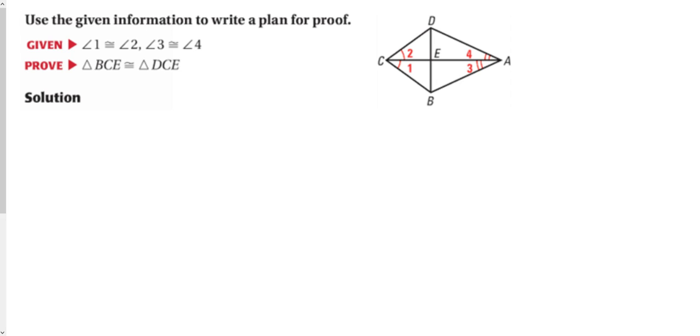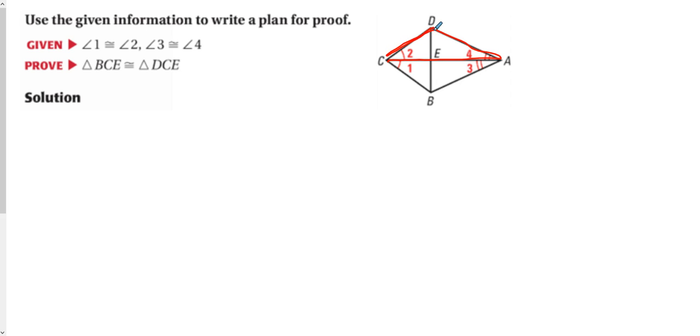So now we come up to this new problem, and when we look at that, we see that they give us 2 angles are congruent here in angle 1 and angle 2, and then they also say angle 3 and angle 4 are congruent. And they want us to prove that triangle DCE and BCE are congruent, which doesn't look too bad in itself, but this one can actually be kind of tough. So what our plan is, because they just want us to come up with a plan, so our plan is to show that this big triangle